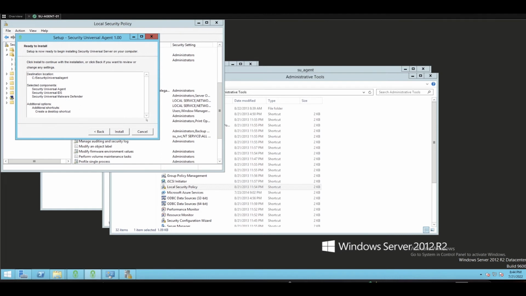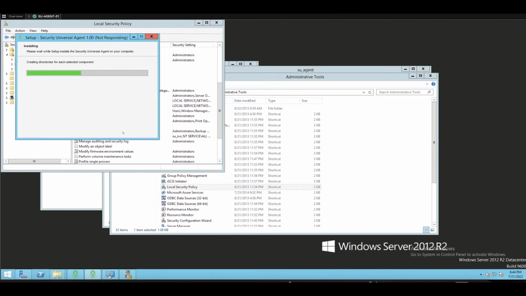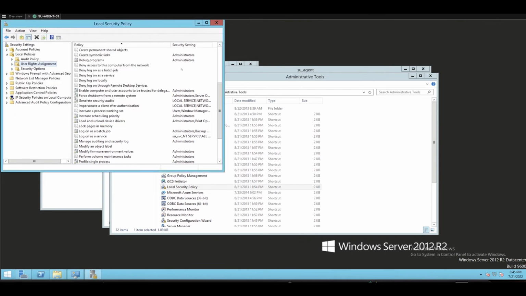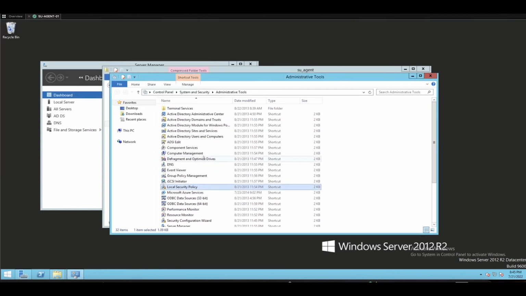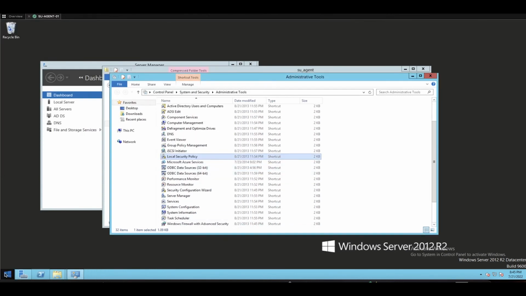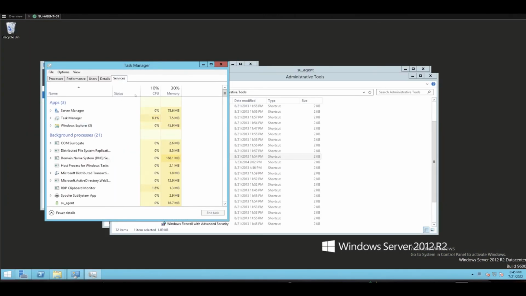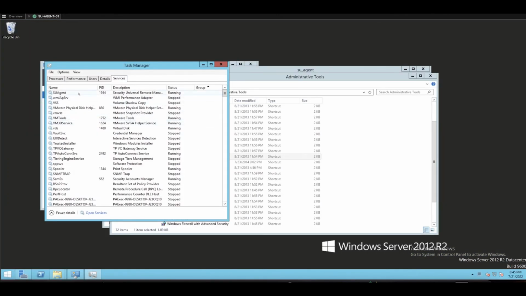Let's verify the installation details, and when ready, click on the Install button. The installation process will begin, and when completed, you can view the README file if you'd like. Now that the installation is completed, let's verify that our Windows Agent service was successfully installed. We'll use the Task Manager and navigate to the Services tab. And here we find the SU Agent service installed and running,